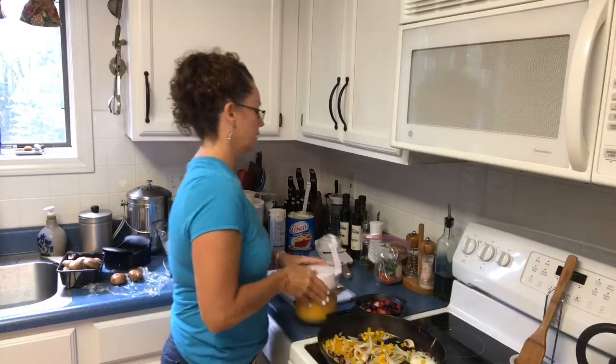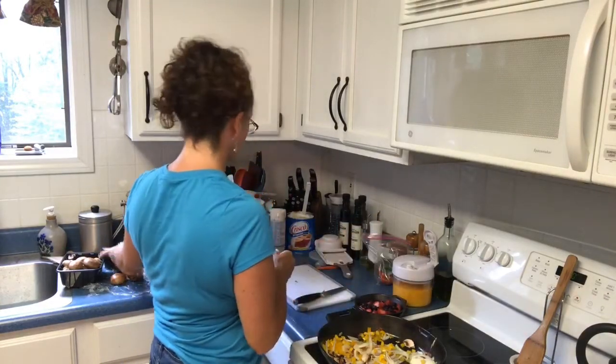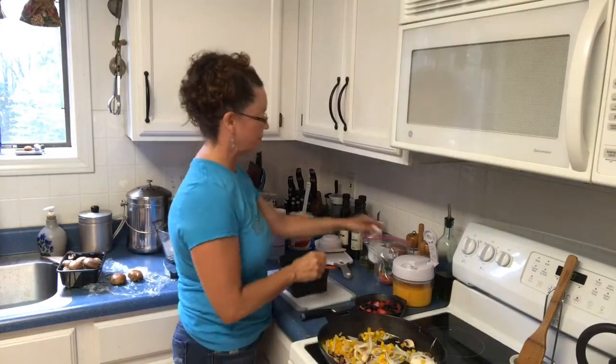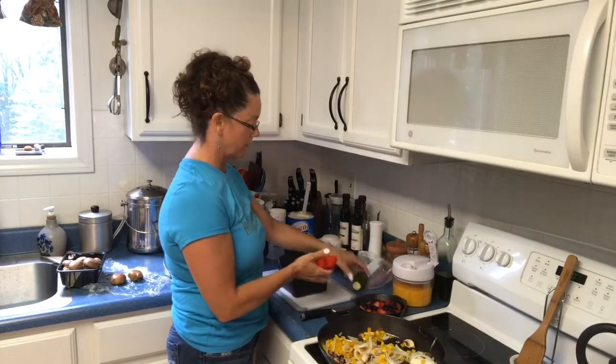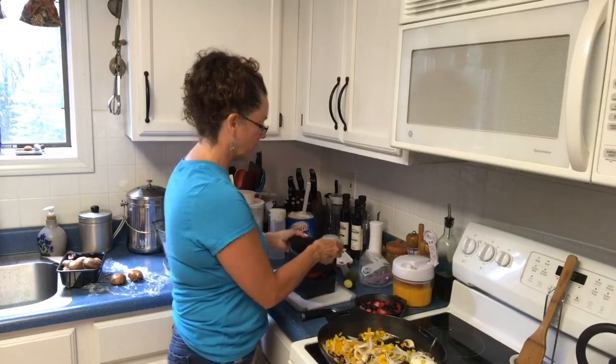So I got that all done. I think I am going to use the quick slice again. I have a little bit of a red pepper left over, and I have a little bit of zucchini left over. So this is kind of, I love egg recipes like this because